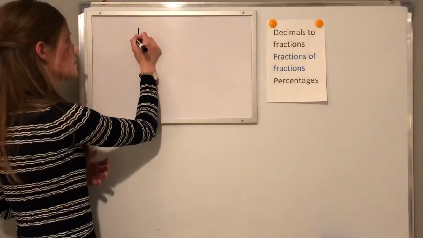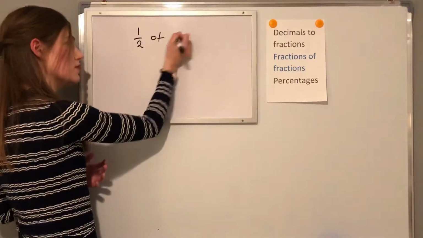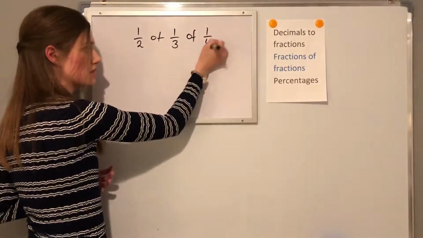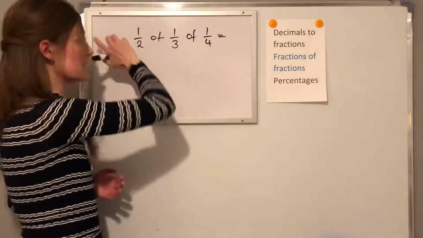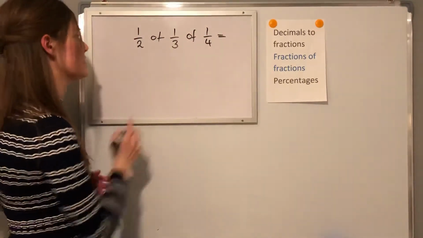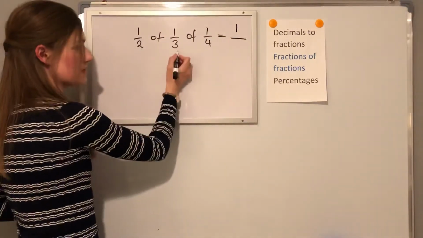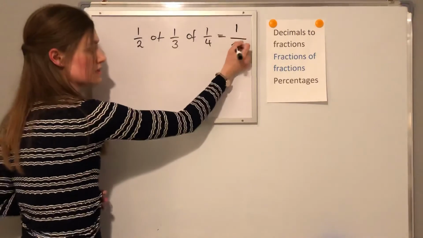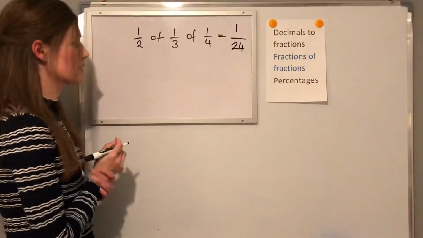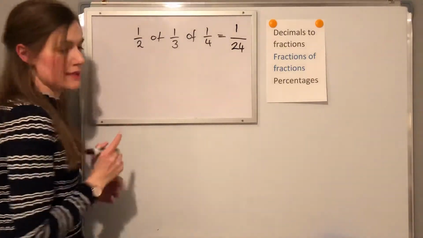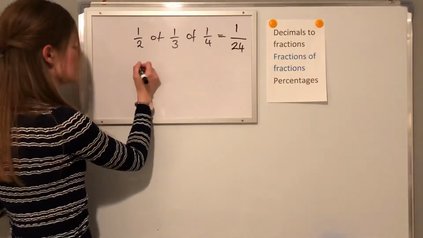If you had 1/2 of 1/3 of 1/4, you're just timesing all the way across. 1 times 1 times 1 is 1, 2 times 3 times 4 is 24. Okay? So, sometimes they might make it a little bit harder. They might do something like